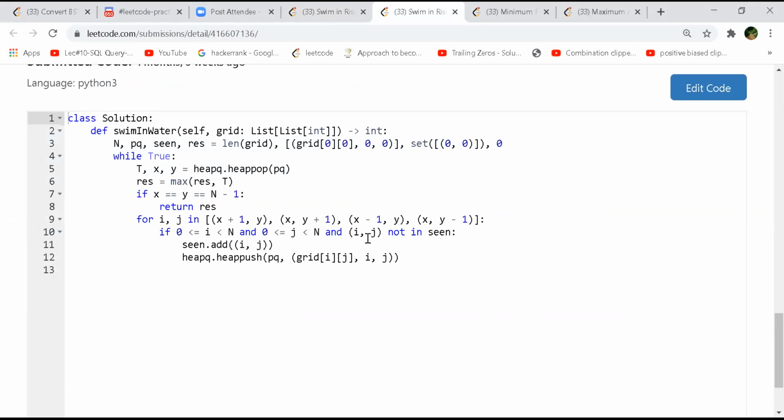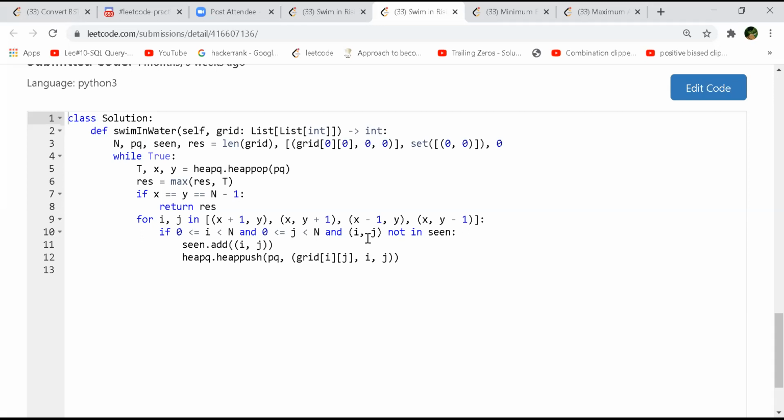And then you will always find, so you'll start with the first element, which will be 0. When you pop out that element, you look at all its neighbors and push all those grid values into the priority queue, right? That will make the priority queue bring only the minimum values to the top always. So you can actually build a BFS using a priority queue. This is a unique combination, BFS with PQ. And generally we go with a normal queue. But here we need to find which is the lowest element always, and that is what we have to take from there, right? So this is one way.